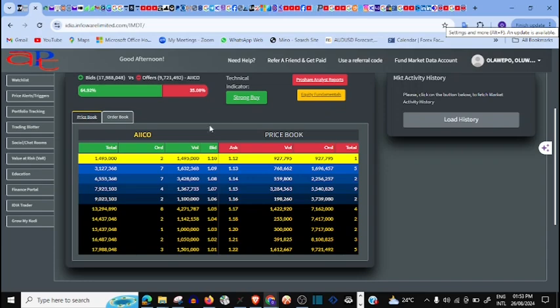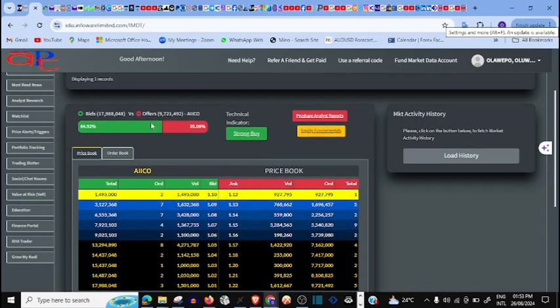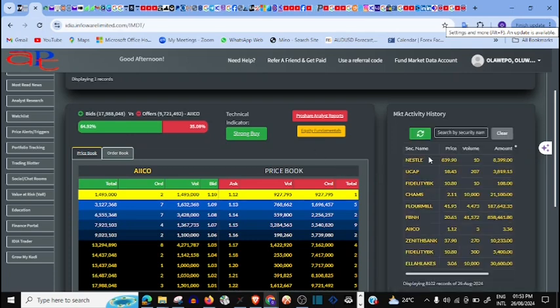But let's say I open this chart now and I see that the sellers are more, then I know there is a higher probability that I'm going to sell lower. The price is going to come down. That's just the way this thing works. So let me see